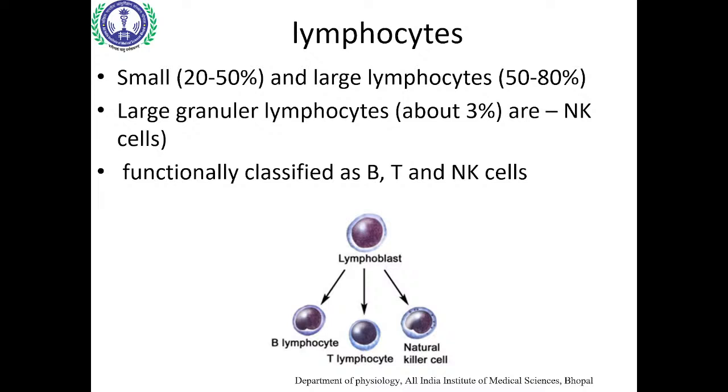Okay, this is under the microscope, but they are functionally classified as B lymphocytes, T lymphocytes and NK cells. NK cells play a role in innate immunity, while B and T lymphocytes are responsible for cell mediated and humoral immunity. We will be learning about all these tomorrow, when we discuss immunity. Isha, can you please?